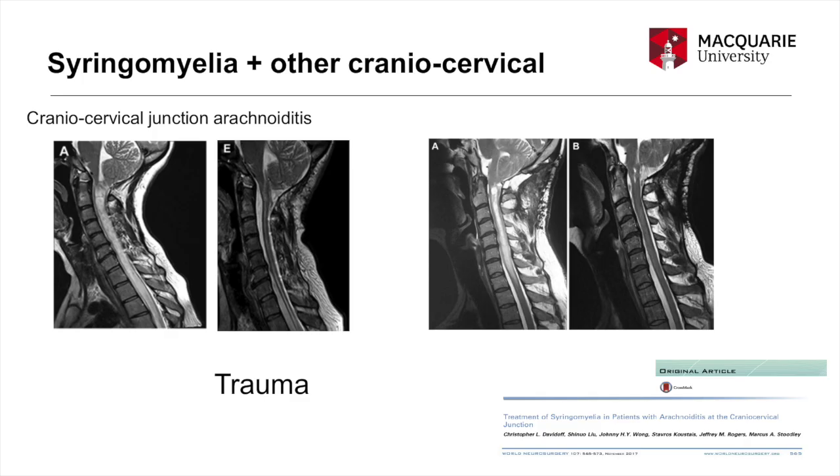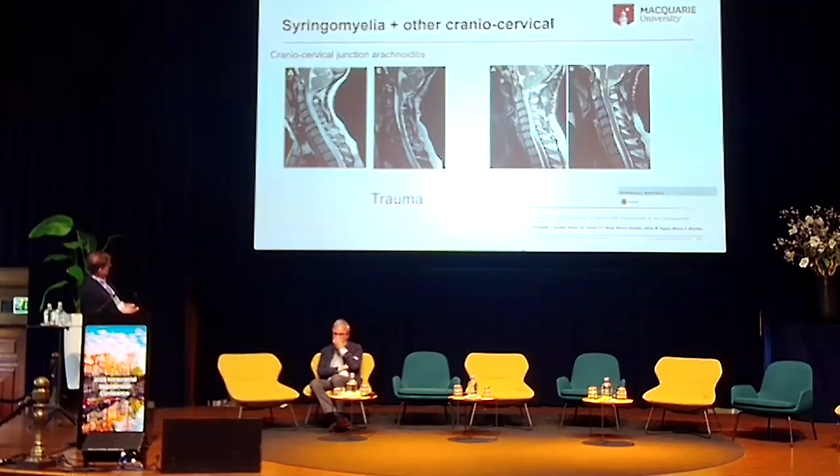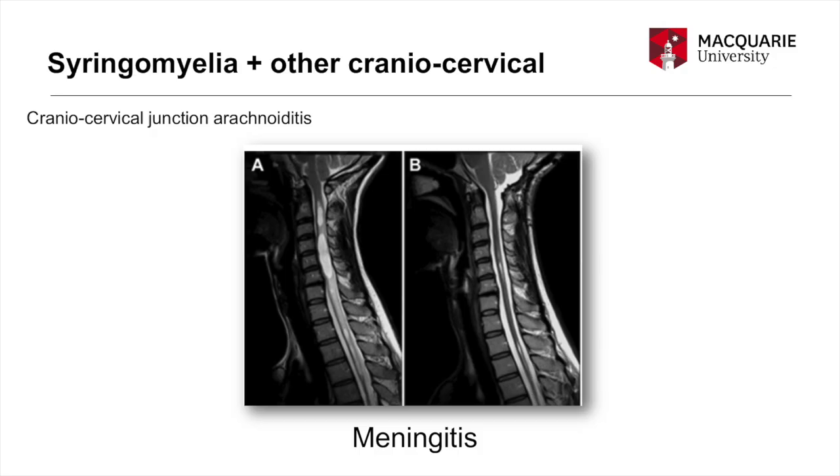But what's really interesting is that for almost all of those cases, the syrinx is communicating. So rather than, like in Chiari, the syrinx occurring down here, for all of the craniocervical junction abnormality cases, apart from Chiari, the syrinx is like this, where it's right up against the fourth ventricle. We can usually demonstrate communication, and they respond well to surgery communicating the fourth ventricle into the spinal subarachnoid space. Here's a few more examples: meningitis,